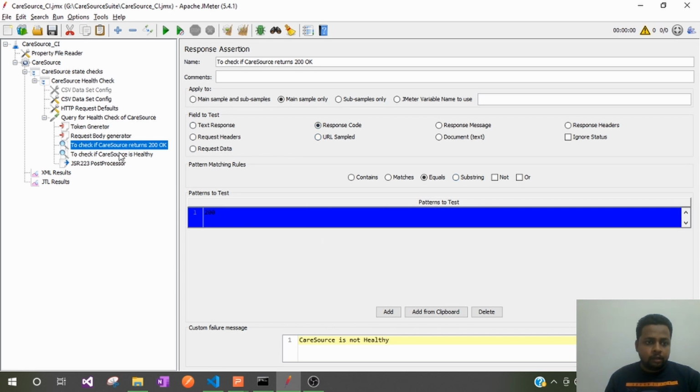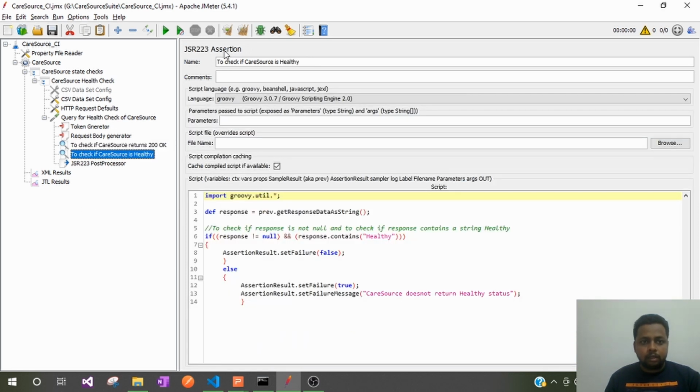Another kind of assertion is the JSR 223 assertion, where you can write some Groovy scripting to check the response data.